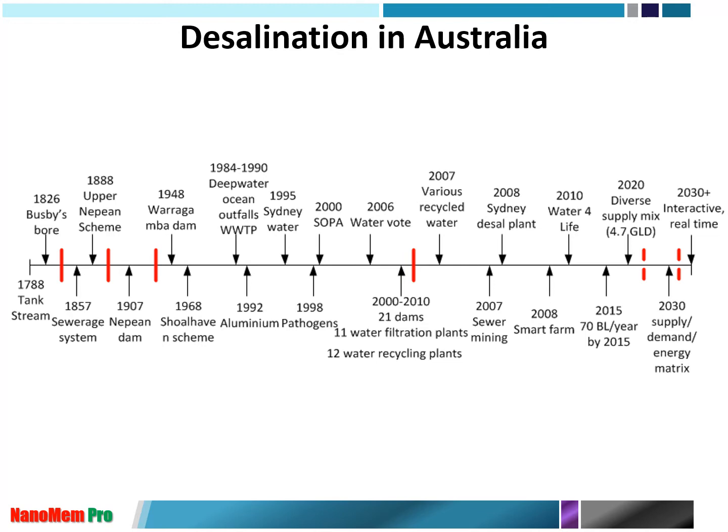Let's look at the desalination and water history in Australia. So we focused on the last 200 years. Initially, in 1788, we started from the Tank Stream and the bores. And then nowadays we have many different kinds of water alternatives, and in the future. So if you look at this red bar,